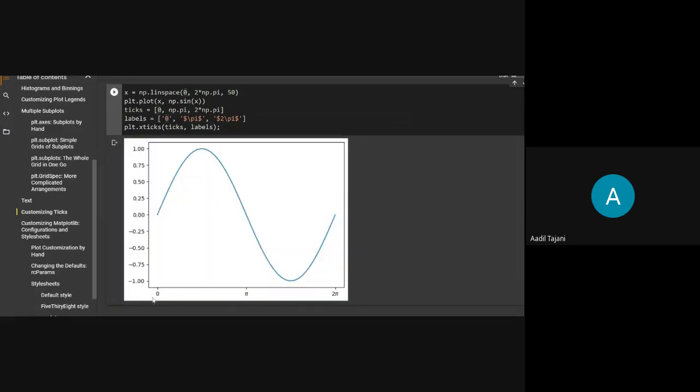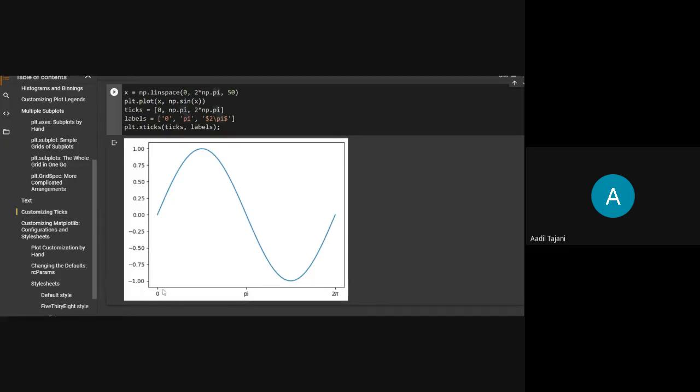Now, as you can see, I've got 0, pi, and 2 pi. These three are my ticks on the x-axis, that is x ticks. These that you can see here are the labels for those ticks. You can pass anything. If I just remove the regular expression, write the plain string pi, and run it again, then as you can see, the pi symbol is gone, and the string that I have mentioned, pi, is shown here.